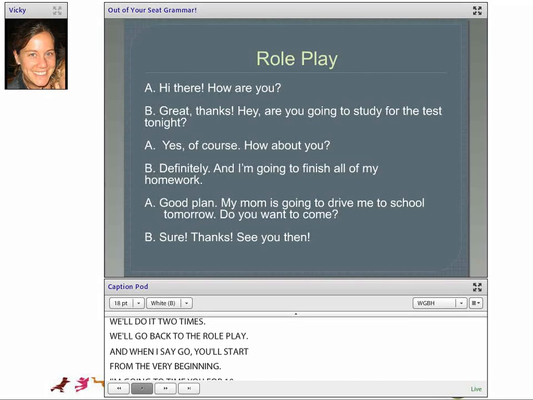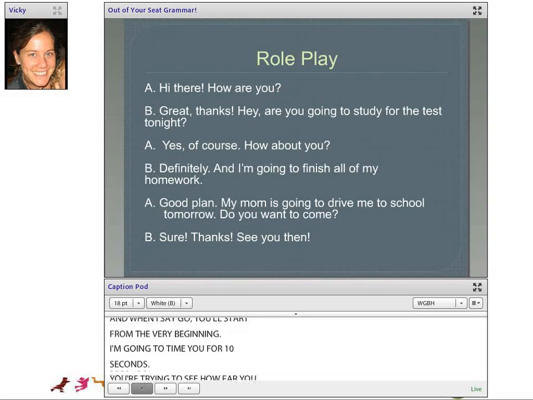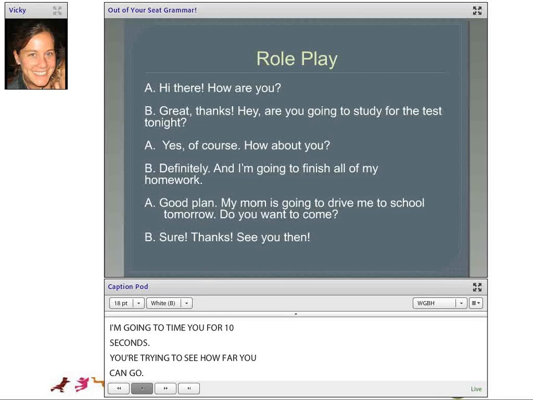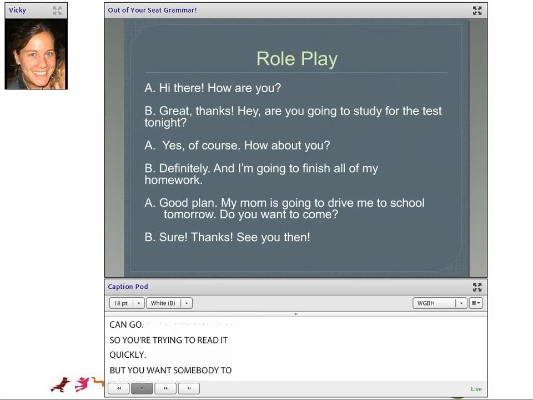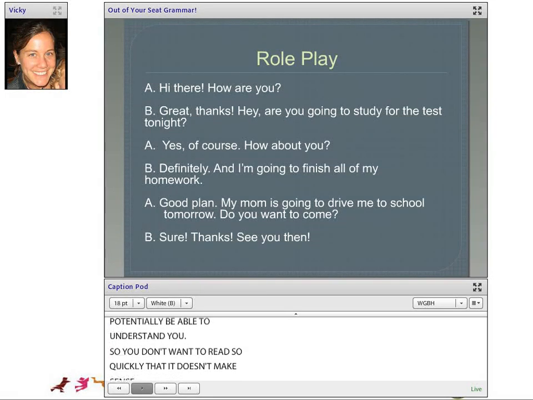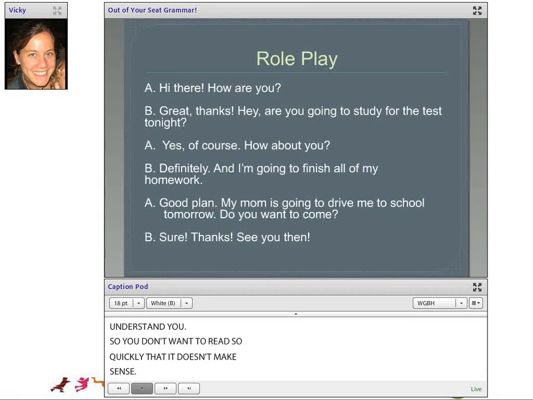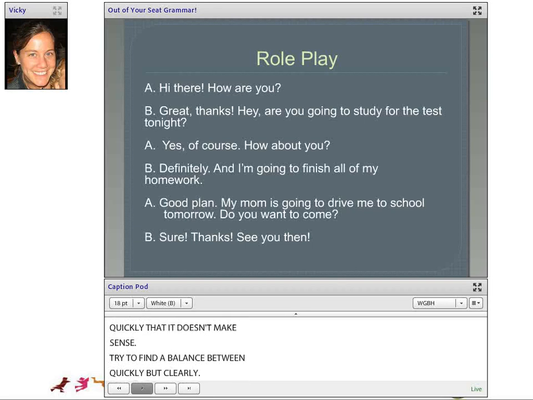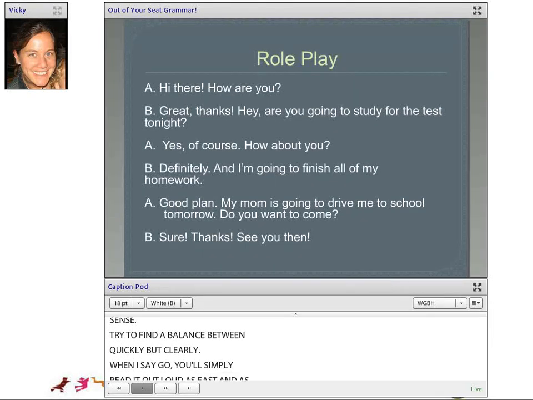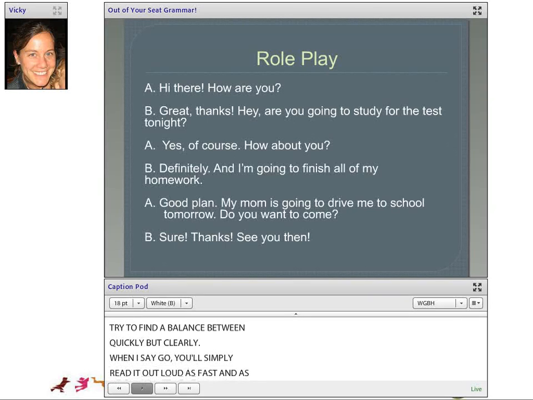So you're trying to read it quickly, but you want somebody to potentially be able to understand you. So you don't want to read so quickly that it doesn't make sense. So try to find a balance between quickly but clearly. When I say go, you'll simply read it out loud as fast and as clearly as you can until I say stop. When I say stop, just try to remember where you left off, and then you'll see if you go a little bit